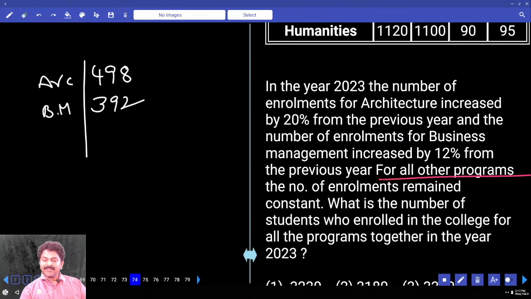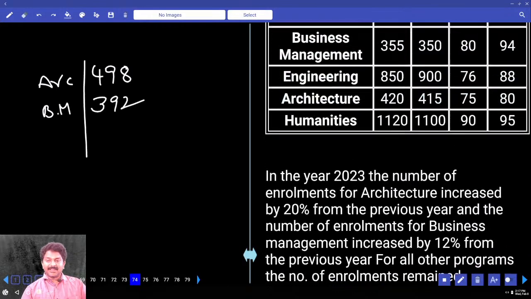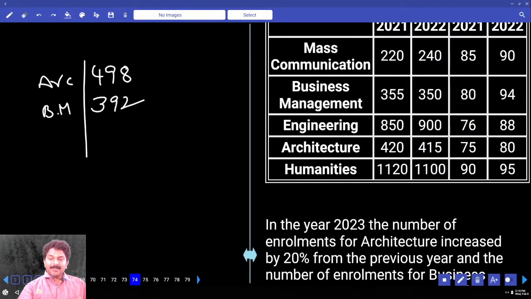For all other programs, the number of enrollments remained constant. What is the number of students who enrolled in the college for all the programs together in the year 2023? For 2023, business management number got changed. Architecture number also got changed. Remaining three numbers are there as it is, correct? Now we were asked to calculate total value. Let me add here 1100, 900, 2000 plus 240,